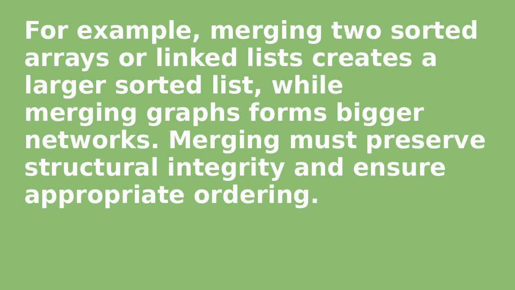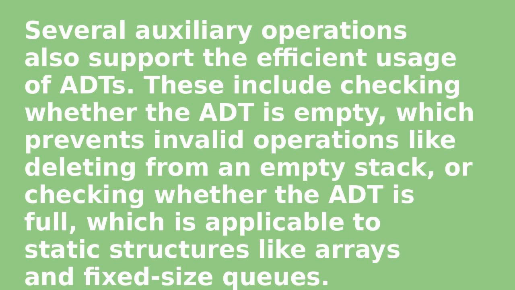For example, merging two sorted arrays or linked lists creates a larger sorted list, while merging graphs forms bigger networks. Merging must preserve structural integrity and ensure appropriate ordering. Several auxiliary operations also support the efficient usage of ADTs. These include checking whether the ADT is empty,